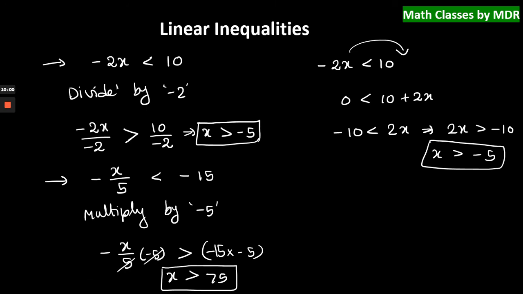But generally we go with the operations, that is additions, multiplications, subtractions, and divisions. I hope it is clear. Whenever you multiply or divide by a negative number, the sign will change. In all remaining operations, it remains unchanged. Right? Now let me show you the number line.